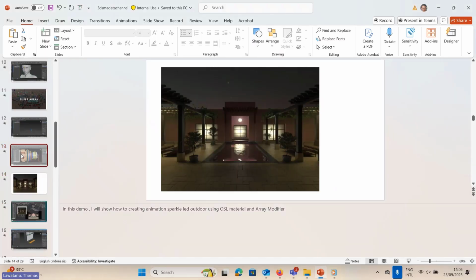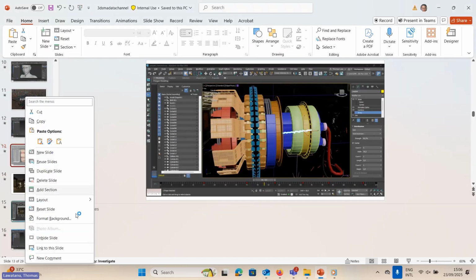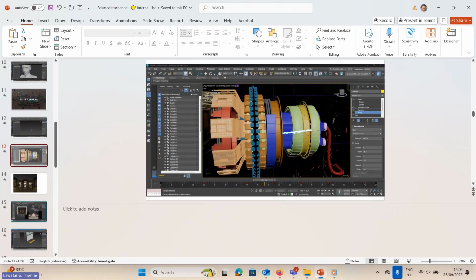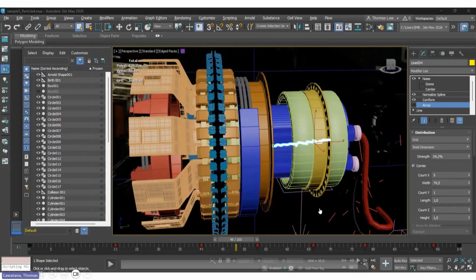This is the prototype I created, the jet machine. It's only a prototype. I'm using hard surface modeling to create this prototype.